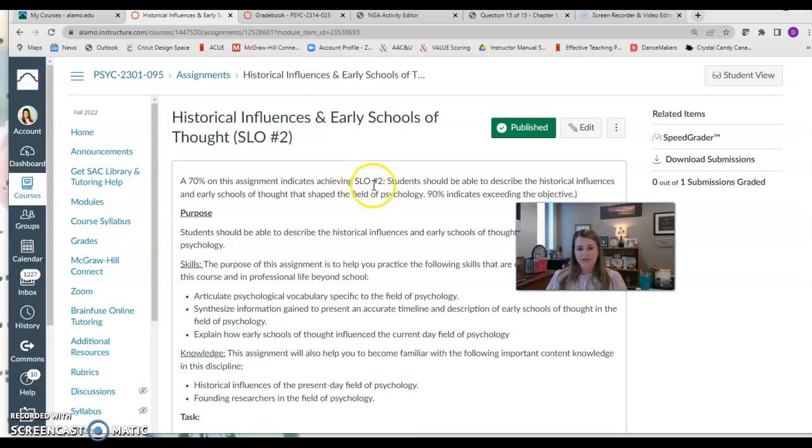So what is student learning outcome number 2? It is that students should be able to describe the historical influences and early schools of thought that shaped the field of psychology. So chapter 1, that's what we're covering. You're going through all the early schools of thought. You're looking at the theorists that are associated. In fact, the micro lecture on structuralism and functionalism, those are early schools of thought. So you'll have a chance to look at all of them in the PowerPoint, in your reading, and then you'll